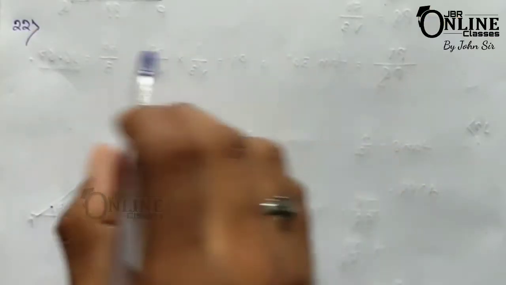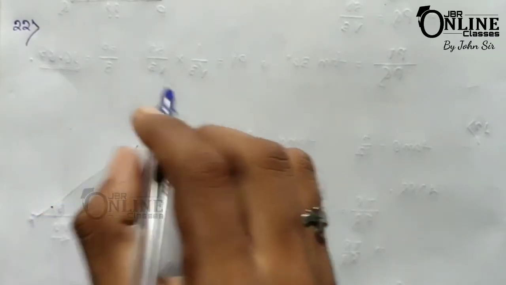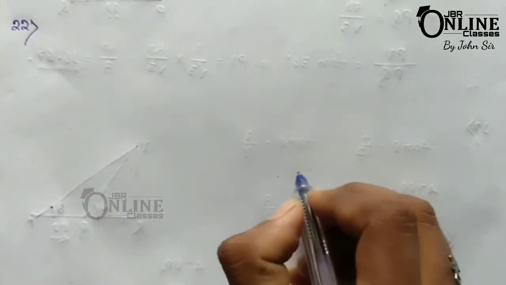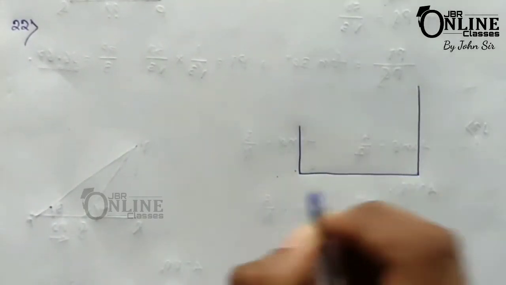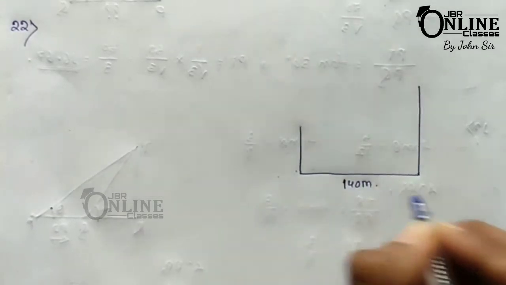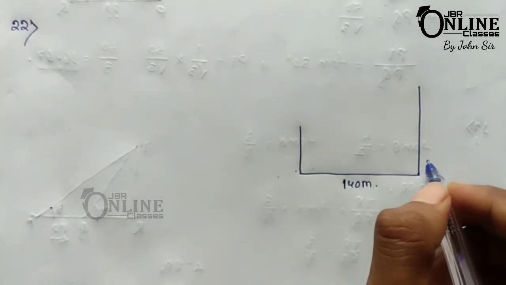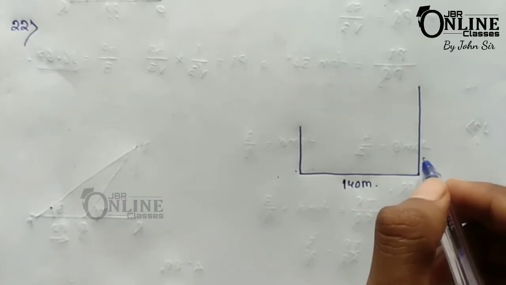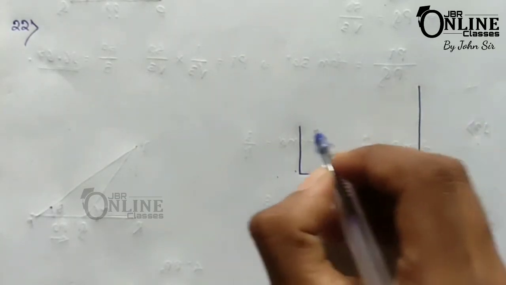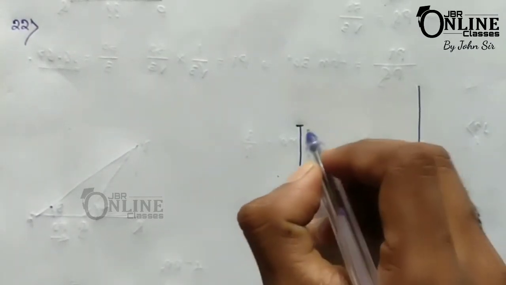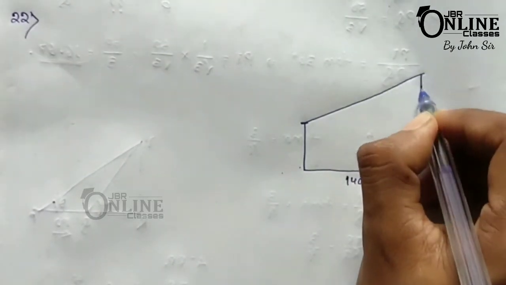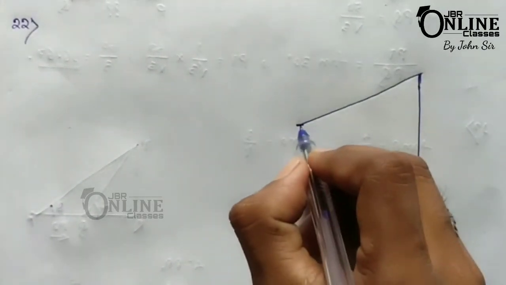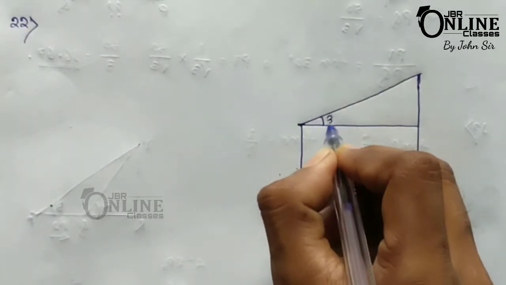Sum number 22. The horizontal distance between the two towers is 140 meter. So here that is the first tower and that one the second tower. So the horizontal distance between the two towers equals 140. The angle of elevation of the top of the first tower when we see from the top of the second tower equals 30 degree. That means first you have to stay here. So from that point the angle of elevation, from the first tower to the second tower, equals 30 degree.